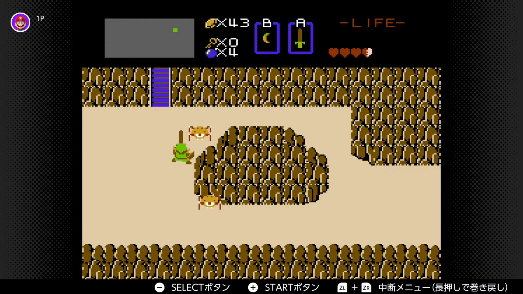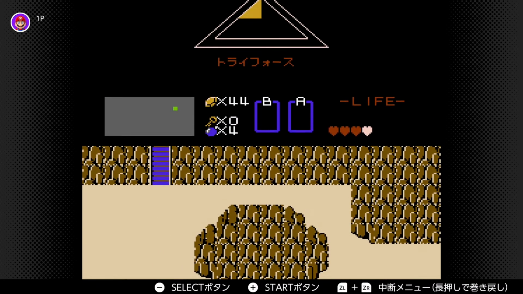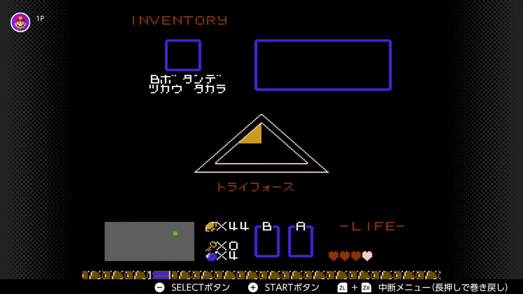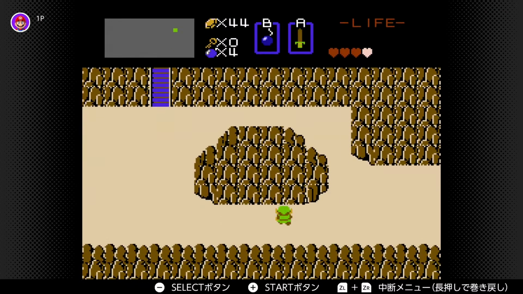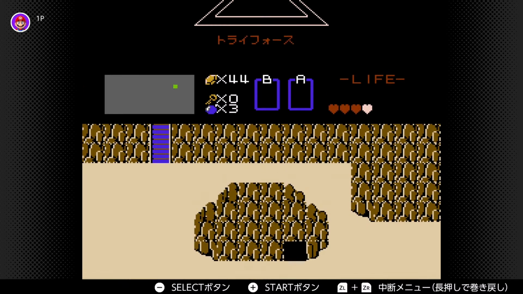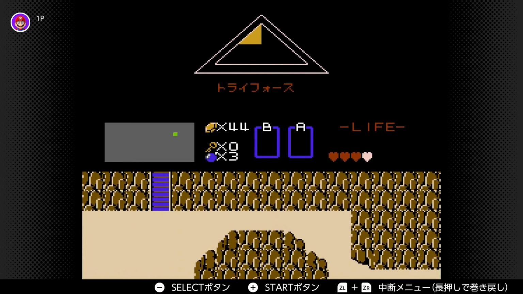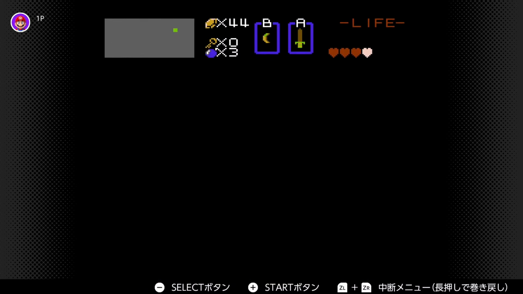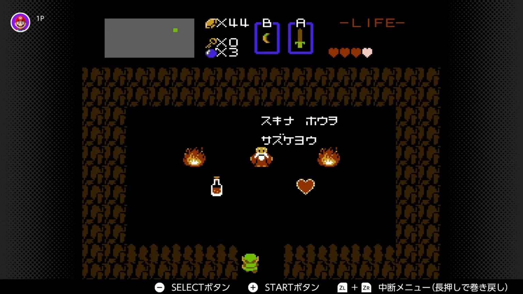Also some tectites. Let's try to get rid of them. And by bombing the rock here, I'm pretty sure. Let's switch to our bombs, our bakudan. Yep. A door, an entrance opens. Switch back to the boomerang for now. Ah no, it's